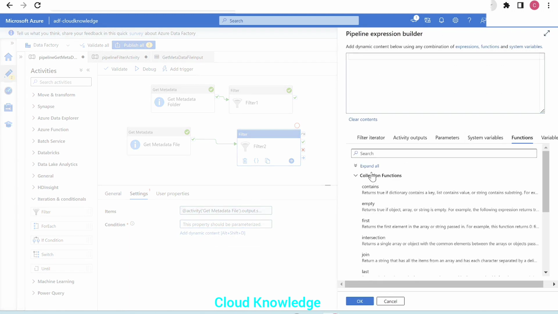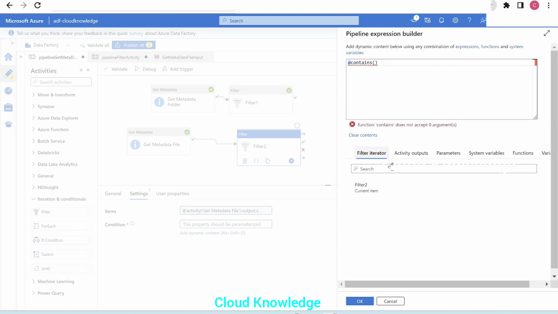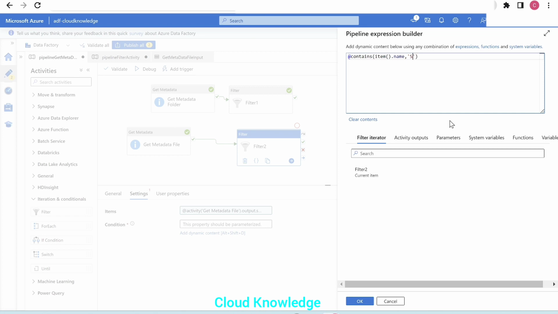Now we'll go back here, and in the condition we will use the same function from the collections, that is contains, and we'll give here the current item. We are inside the structure array, and in the structure array we want to give the name. And it should contain the value student ID. Why have we given item.name and student ID?